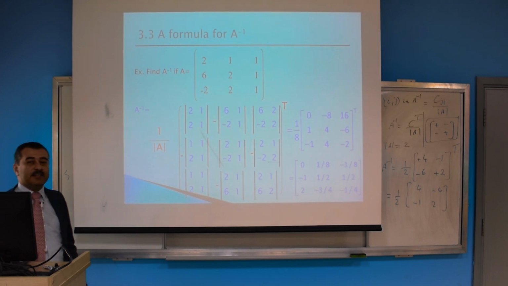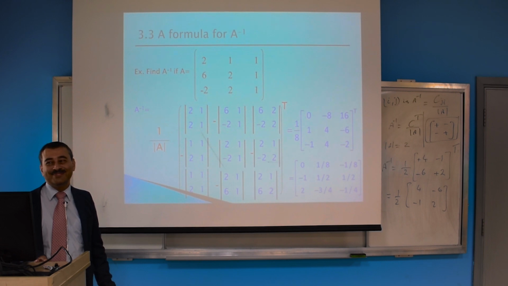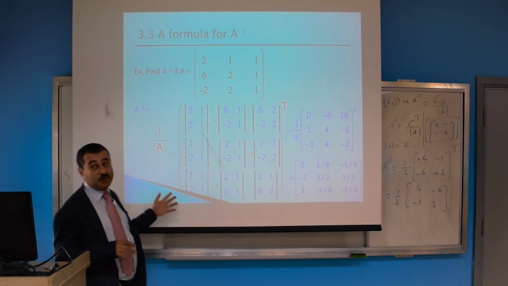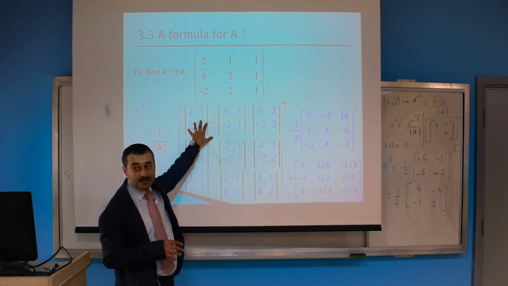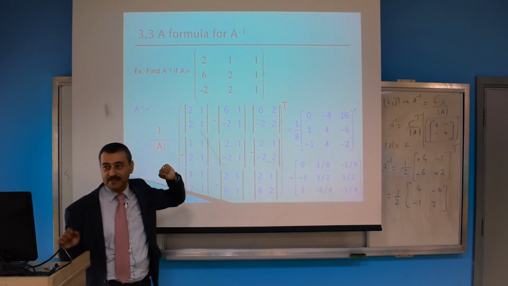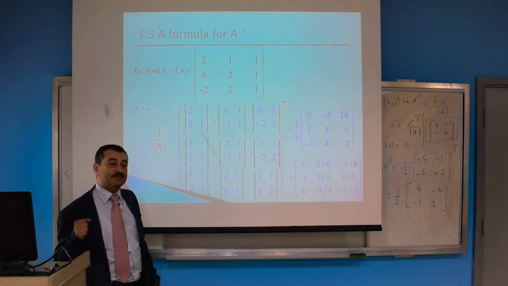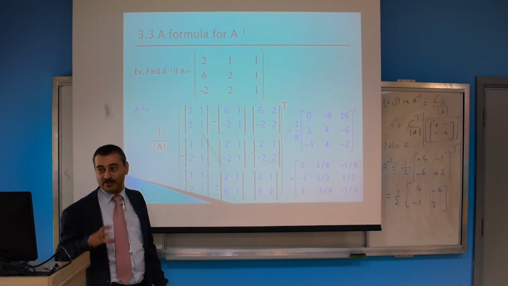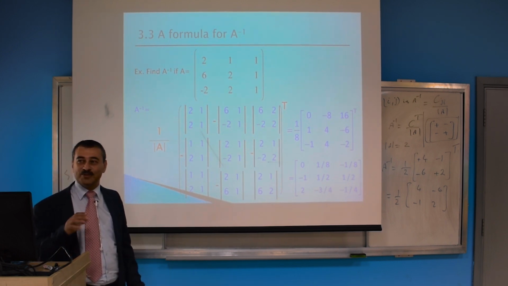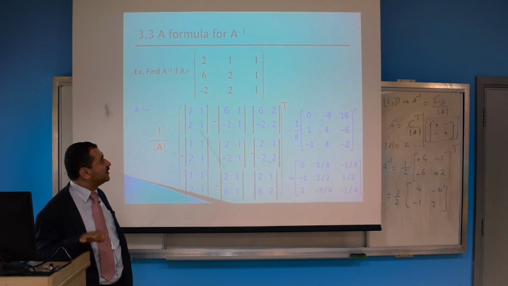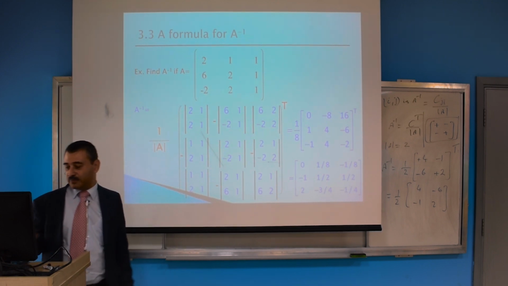What is the disadvantage of this method? You can't apply it for high dimensions because you are going to find large determinants here. Can we find a way using reduction? You know that reduction is the magic word in these chapters to find everything. Can you find a way using reduction to find the inverse instead of the adjugate method?